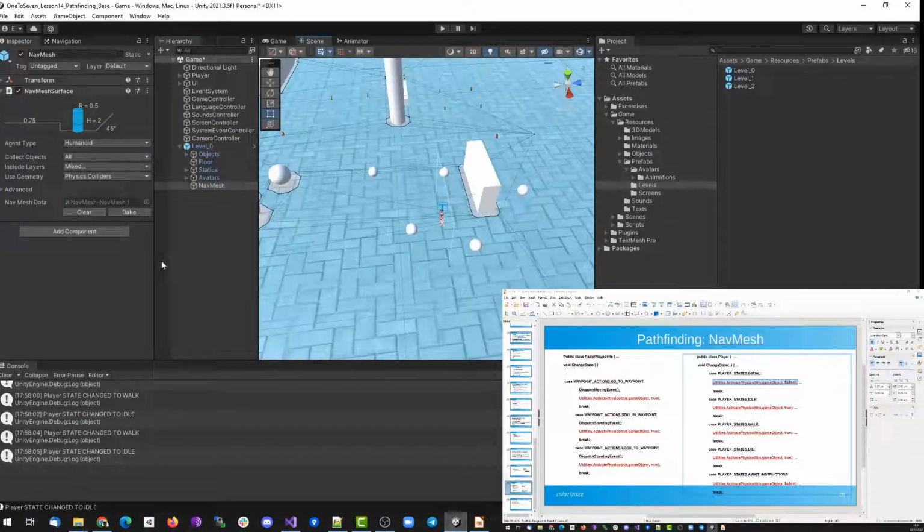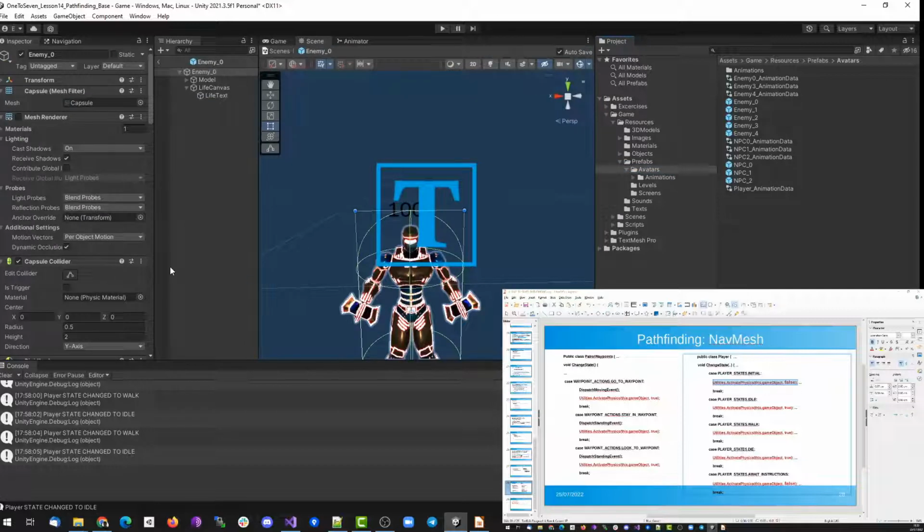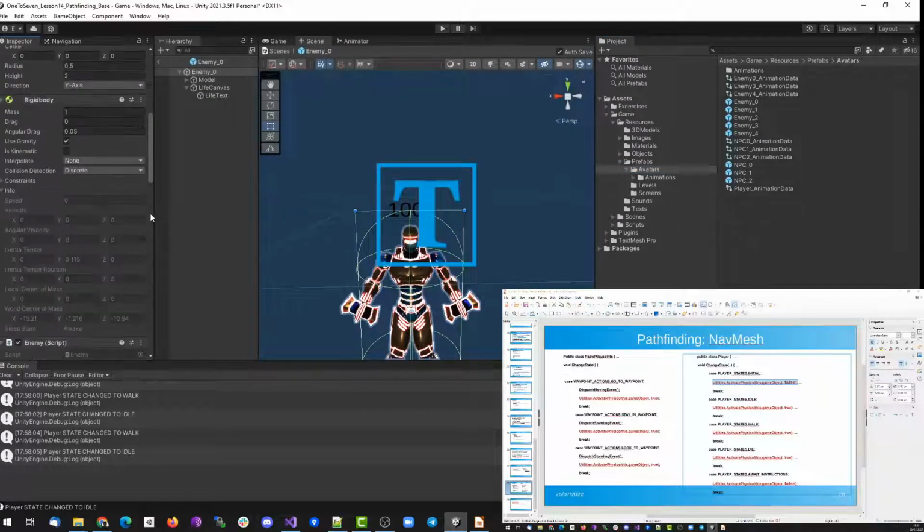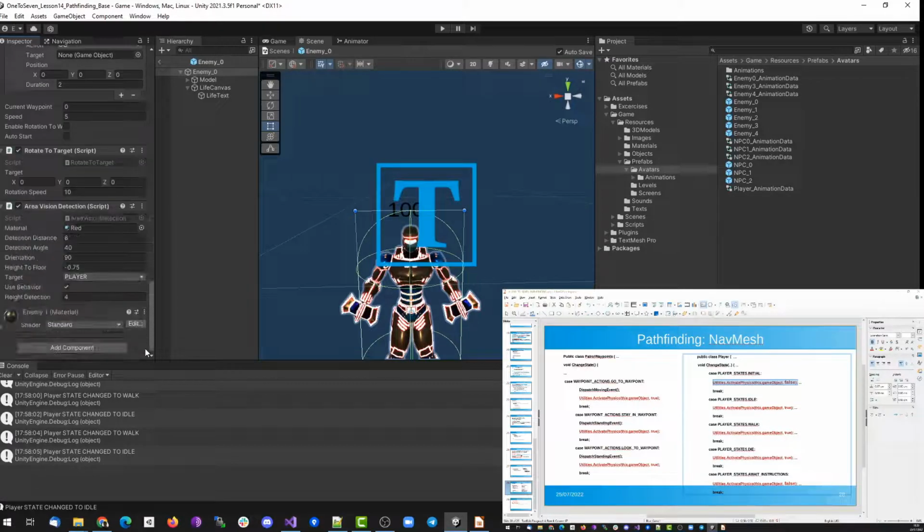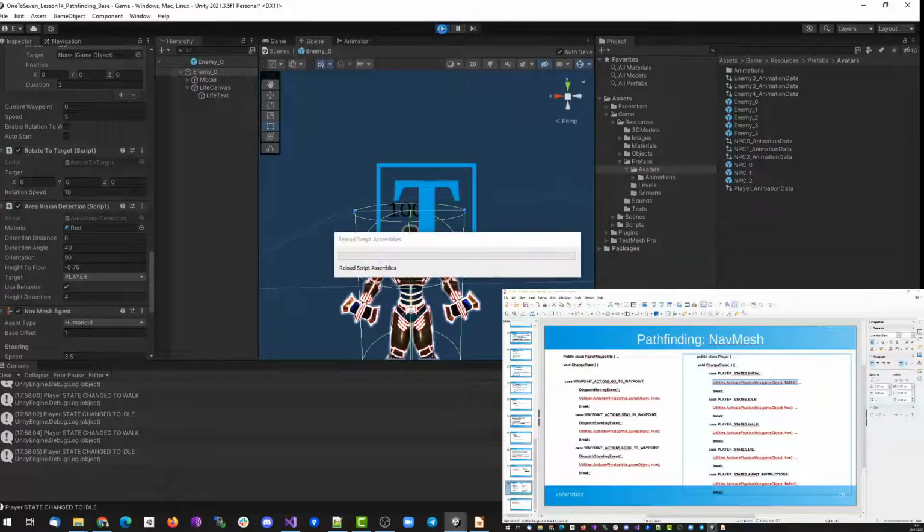One last thing that I have forgotten to do is that for the enemy that is going to use the navigational component, we need to add the navigation to the enemy. So go to the enemy that you have chosen for the test and add the navigation. This change has to be in the prefab because it will apply to all the instances of that enemy. So now, if we proceed to play